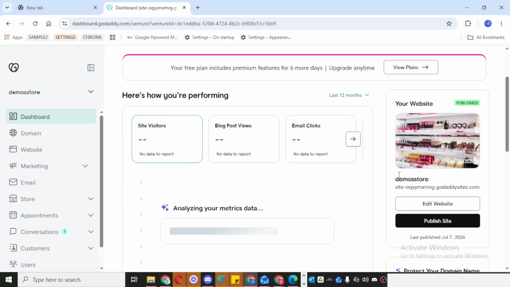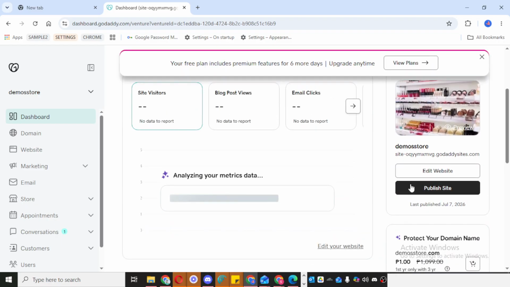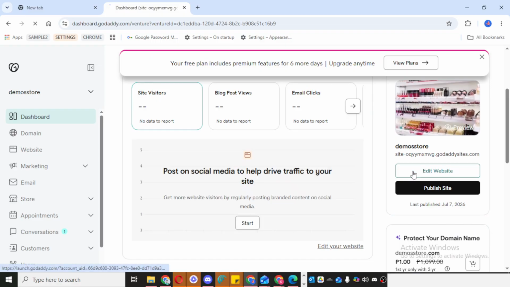This is the place where you can add, remove, or modify the content on your website. For example, you can click into existing text to rewrite it, update headlines, or fix small mistakes. You can also change images, adjust sections, and customize the layout, depending on what your website needs.